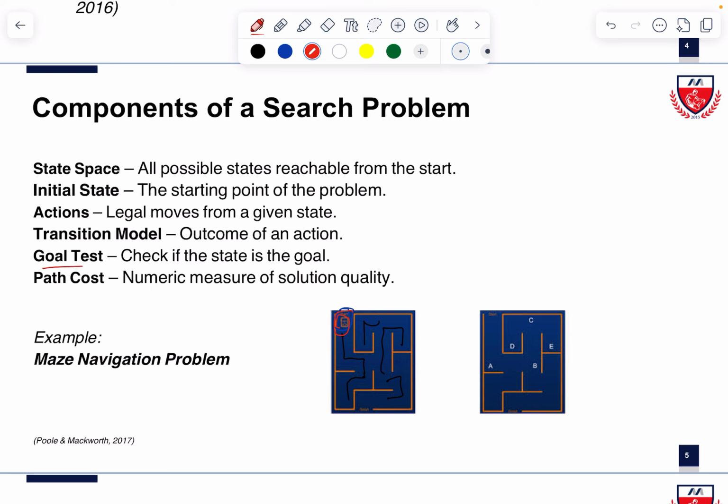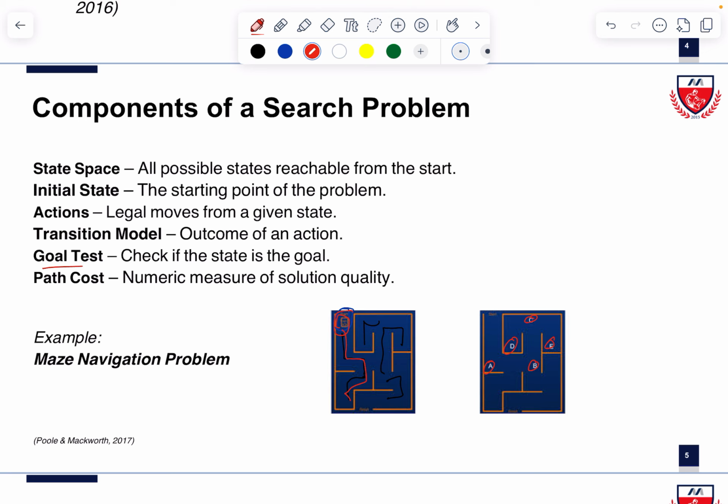So what are the actions? These are the legal moves from a given state. For example, we can only move from these states here. Hence, we put letters or classifications to it. So these are the states that we would want to go. For example, from the initial state, our goal is to go to path E. Now, that is the goal test, right? And to know the path cost, we would know how many meters are traveled